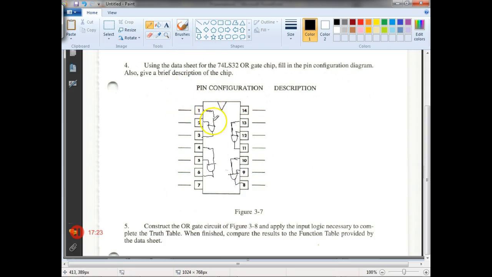And this is going to be over here. This is going to be what they call what? A1, good. A2. And then they're calling this Y1. And then this right here would be what? I'm sorry, this would be B1. This would be A2, B2, Y2. Right? Understand? This right here would be common. They call it ground. Like I said, that's one of the most unused terms in electronics, is what common and what ground is. And then what I will do when I come out here and wire this thing,